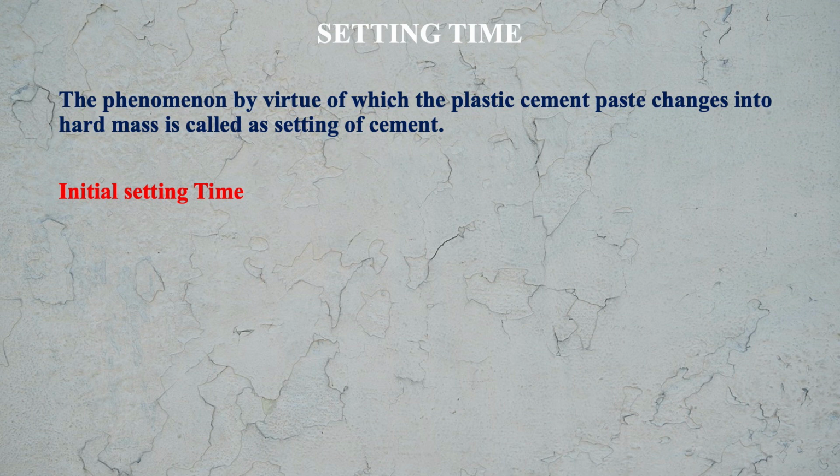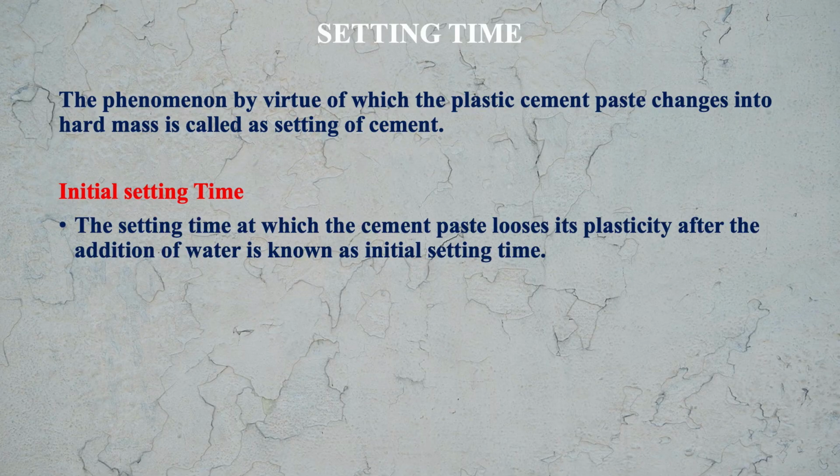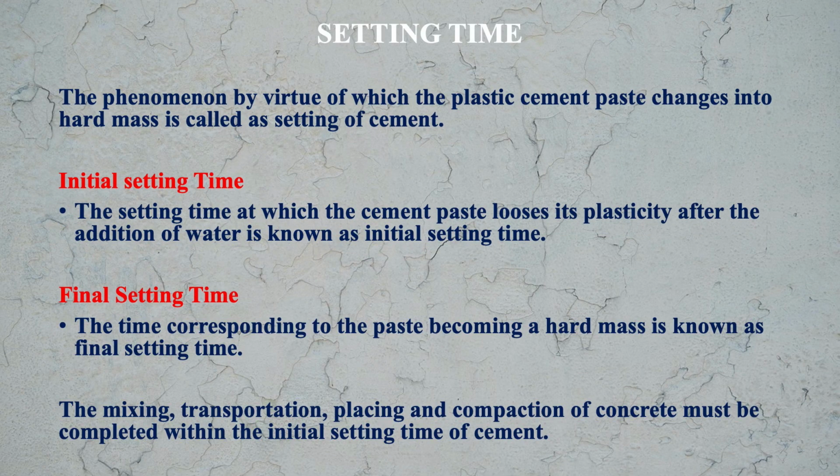Setting time is of two types basically: initial setting time and final setting time. Initial setting time is the time at which the cement paste loses its plasticity after addition of water. What is final setting time? Final setting time is the time corresponding to the paste becoming a hard mass. The mixing, transportation, placing and compaction of concrete must be completed within the initial setting time of